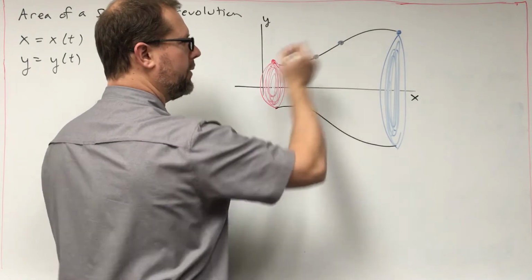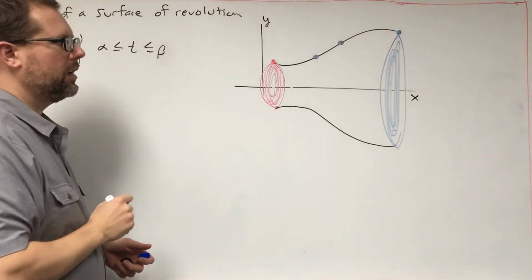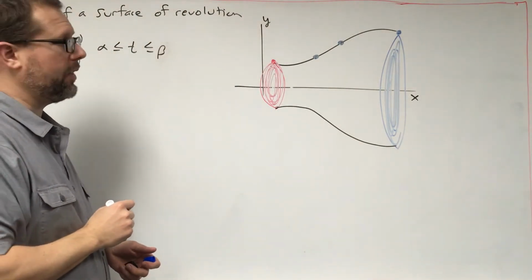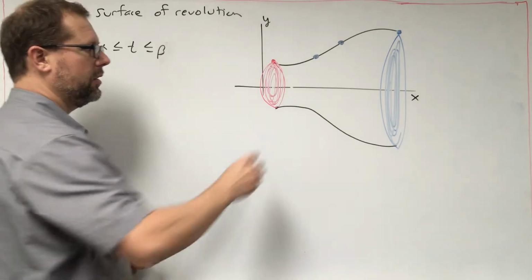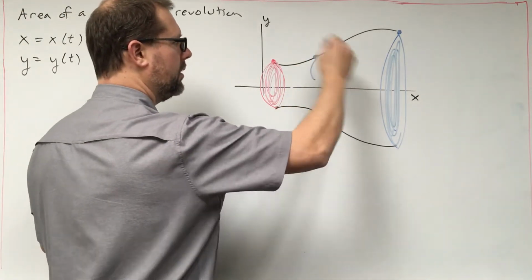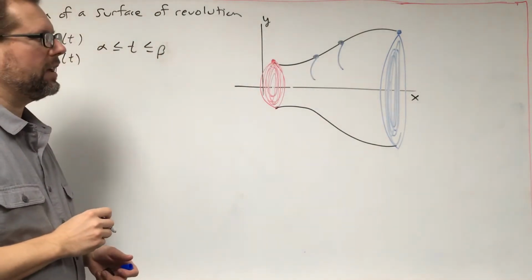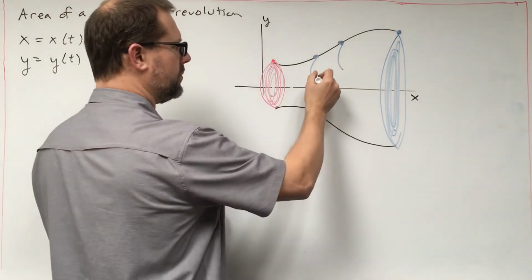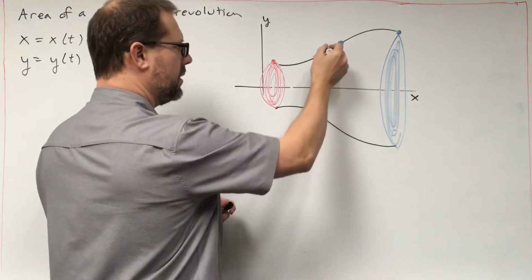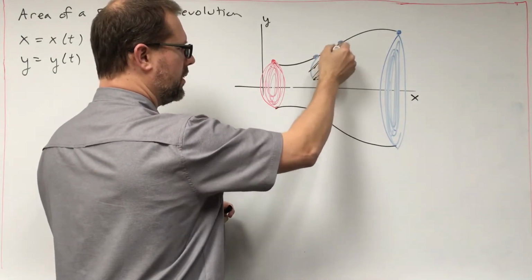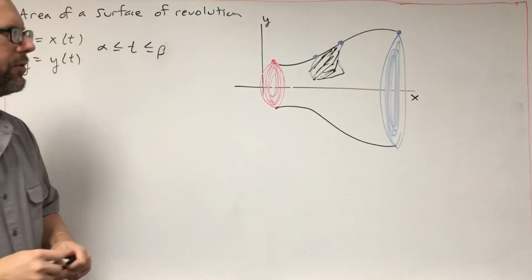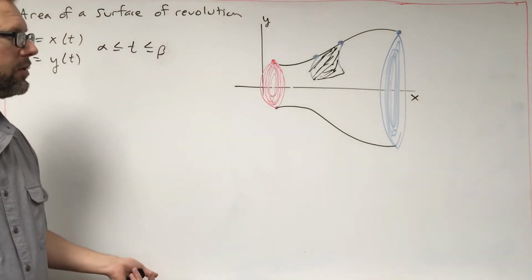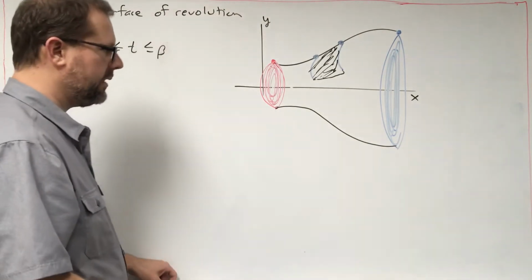And let's just pick one of those segments right now, and let's think about what happens as that rotates around the x-axis. So if it only goes a little bit of the way, you can see how it's tracing out part of the surface in question. As we complete that rotation,